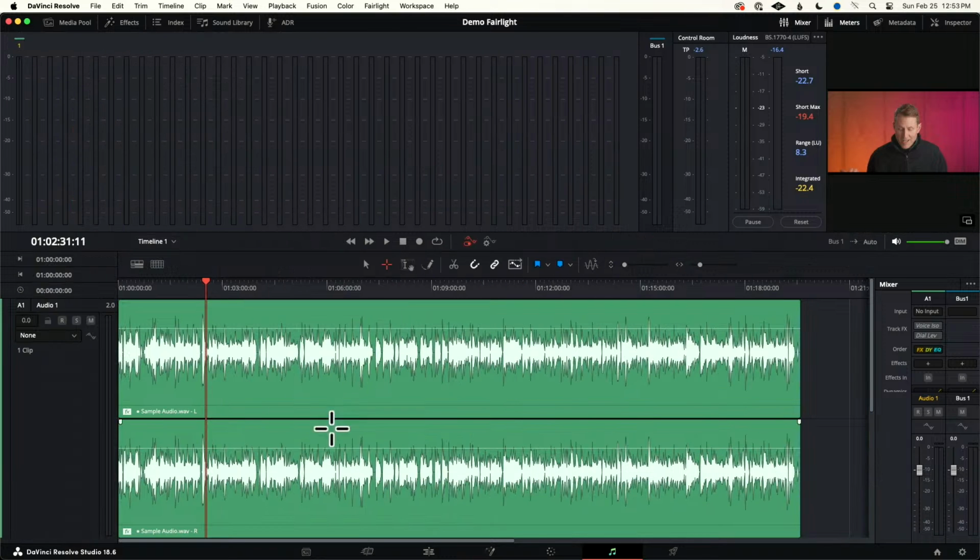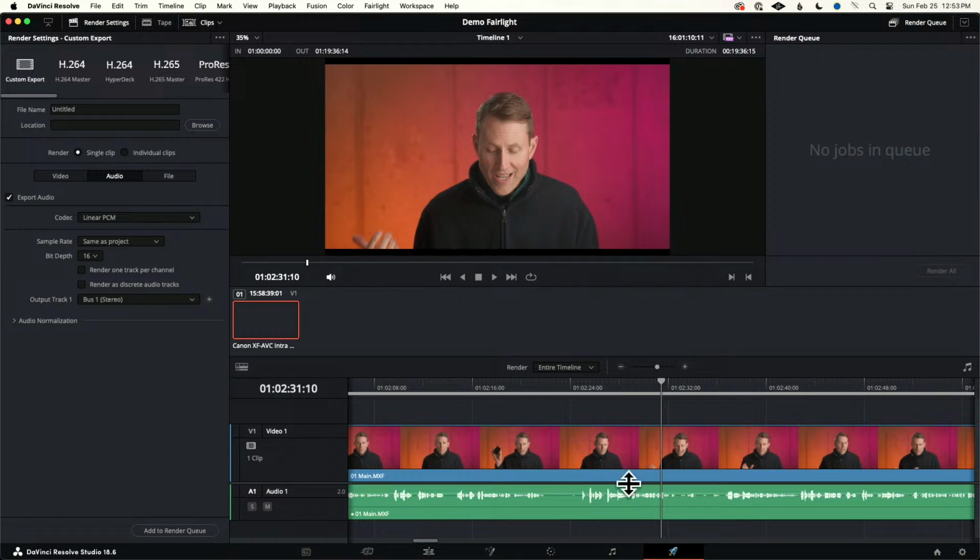Now, there was a question that came up earlier. There is a loudness audio normalization feature over here. And if I click this, so say I'm going to export this here, I can choose a variety of different things here, and I can choose, for example, YouTube. Let's say I'm going to upload my video to YouTube. Well, here's what it suggests as the targets. It wants the target dB true peak level to be -1, and it wants the overall LKFS,